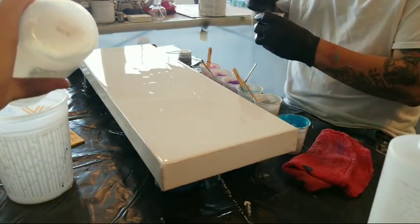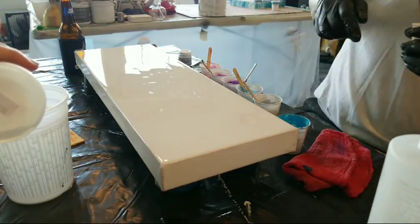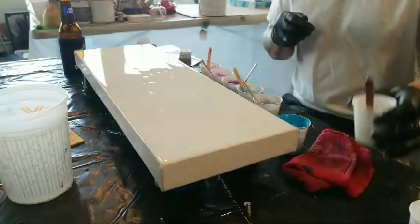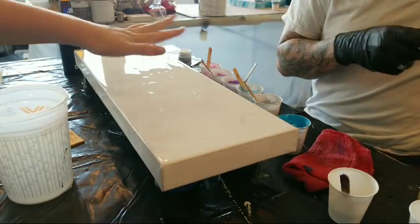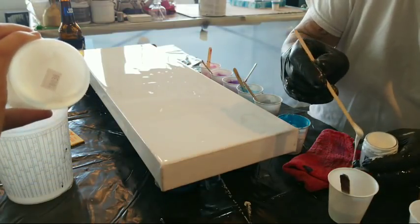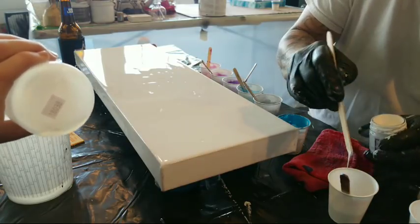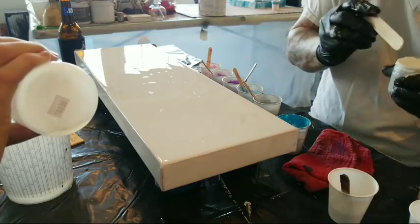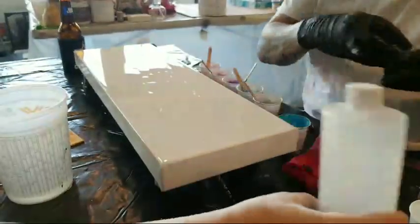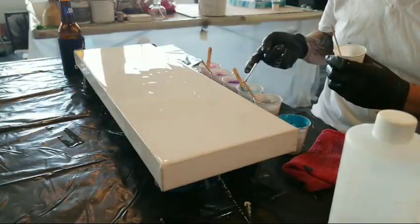All right, pardon me while I mix up a little bit more resin. We've tried going by formulas and stuff in the past to try to make the right amount for the surface area and all that stuff. Never works, so we're back to eyeballing it ultimately. Well, that has 1-to-1 on there. No, I mean how much we need on a canvas. Oh, yeah, I don't understand how anybody could know. Because when you pour these in different cups,